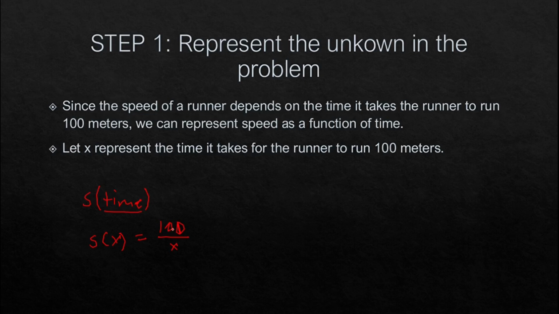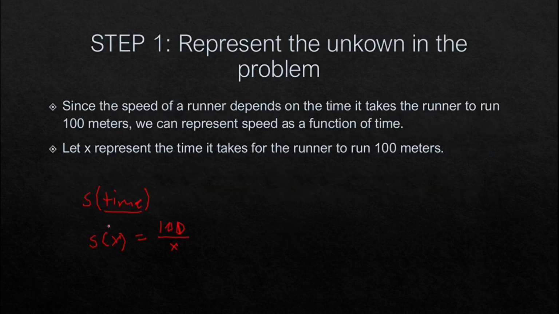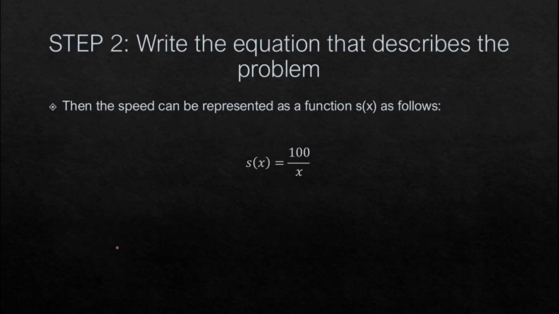Kaya ang time ay nasa ilalim, like sinabi dito sa last slide, 100 over t. So we have here our function s of x. So kung maglalagay ka ng time dito as a value of x, we will get the speed of the runner. Example, may runner na nag-run ng 100 meters